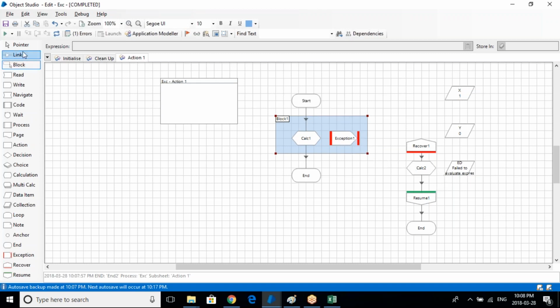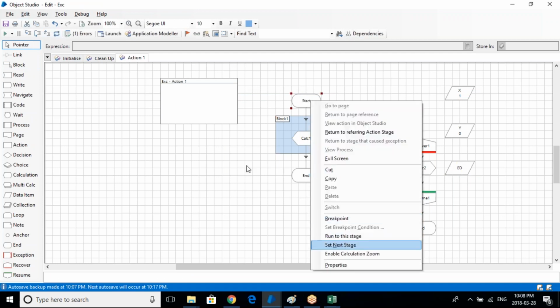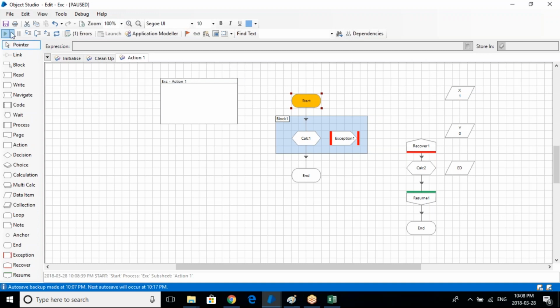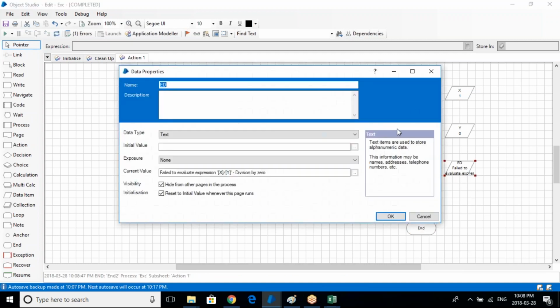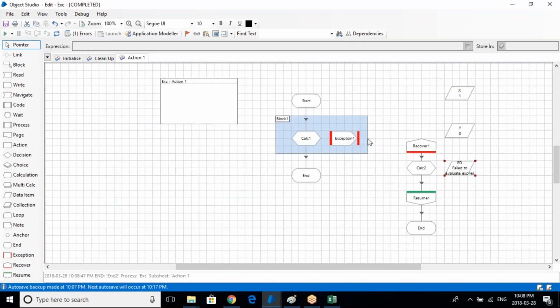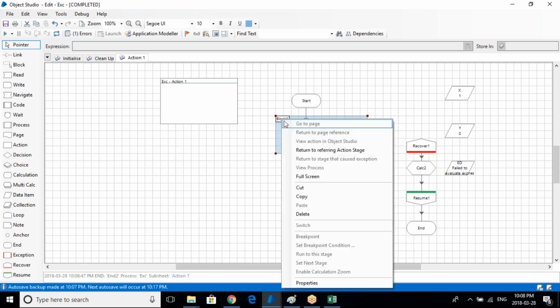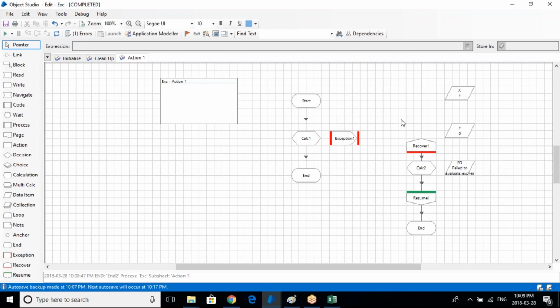So let's say if you just run this, so that's what I mean. If you define this particular block, it will always be captured. And let's say if you just delete this particular block, and there is one more thing, if you just take everything into the process studio,